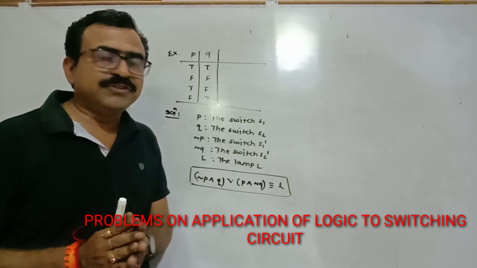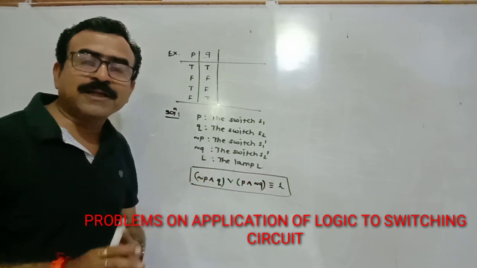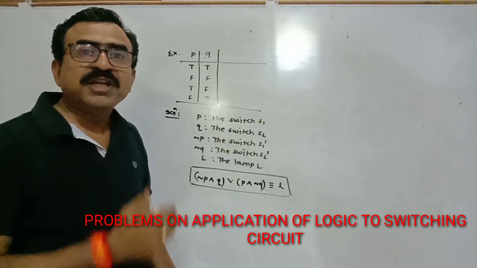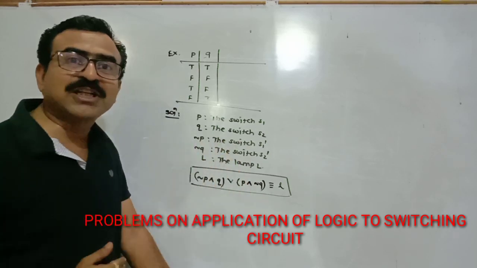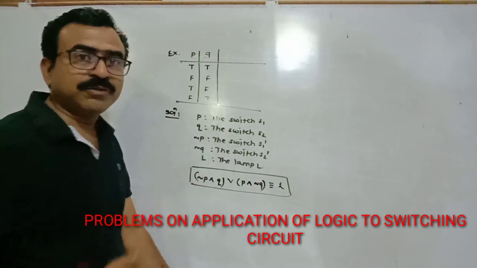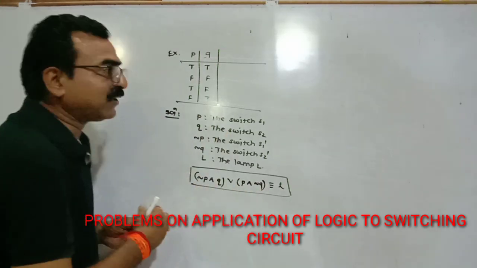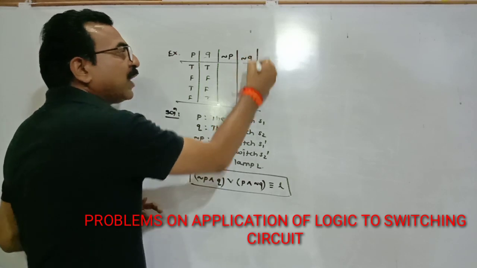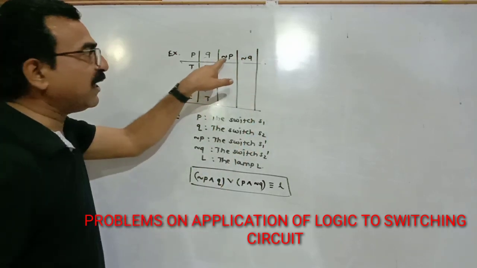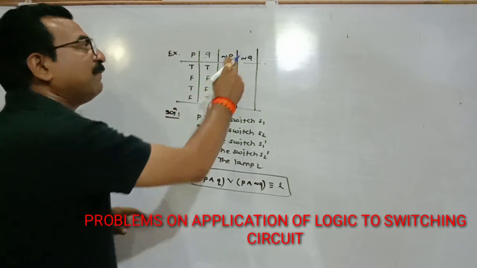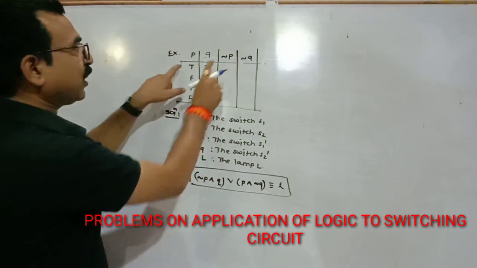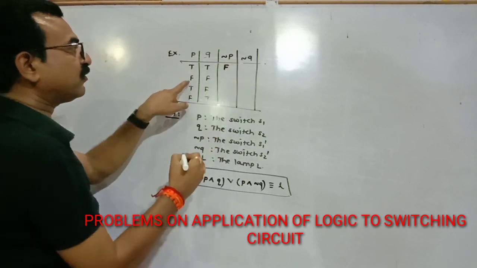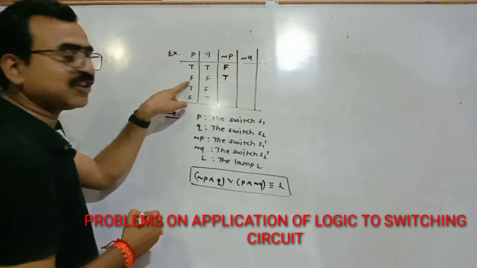Now the second rule is to again read the statement pattern carefully and check whether any negation is given or not. If any negation is present in the statement pattern, then solve it. In this statement pattern, negation P and negation Q are given. So initially find out the value of negation P and then find out the value of negation Q. When P statement is true, its negation is false. When the statement is false, its negation is true.